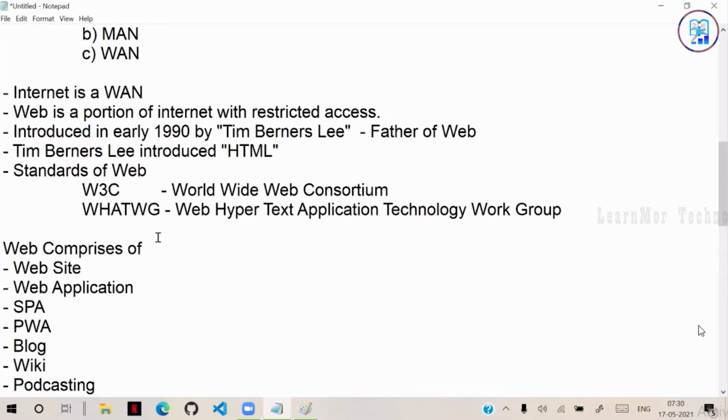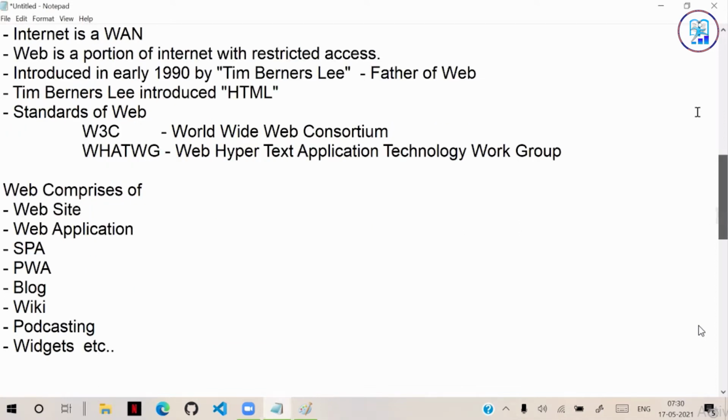We will learn building of websites and applications as per the standards of W3 and WHATWG. Once we start building, we have to know the rules of building applications. So we need to be aware of the standards. You can see the official websites. So one is